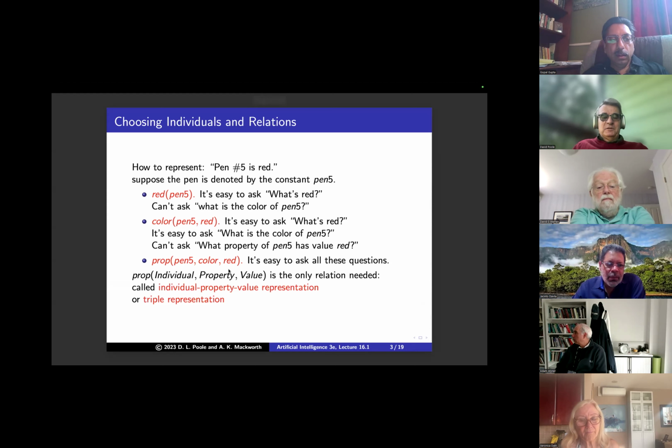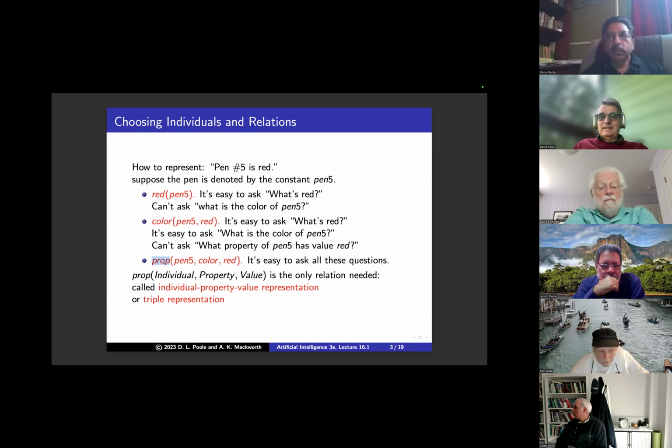This is called the triple representation. It turns out this is the only representation we need. We call it the individual-property-value representation, the triple representation, semantic networks, knowledge graphs. It's the only relation you need.